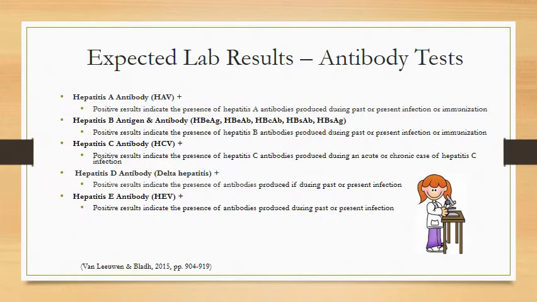Lab results used to diagnose hepatitis fall into 2 categories: antibody tests and liver function tests. The antibody test is the first way to diagnose a case of hepatitis, and of course, it will depend on what type of hepatitis your patient has. There are antibody tests for hepatitis A, B, C, D, and E. In each case, the test will come back positive if your patient has antibodies that were produced during a past or present infection. Also, in the case of hepatitis A and hepatitis B, if your patient has been immunized in the past against these illnesses, they will also have a positive result for the antibody test.